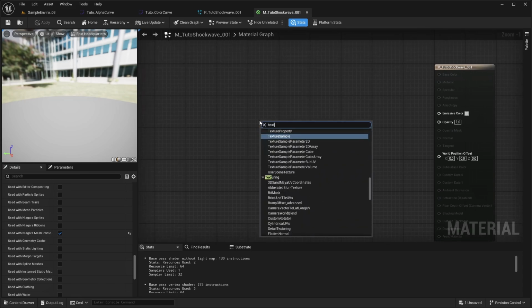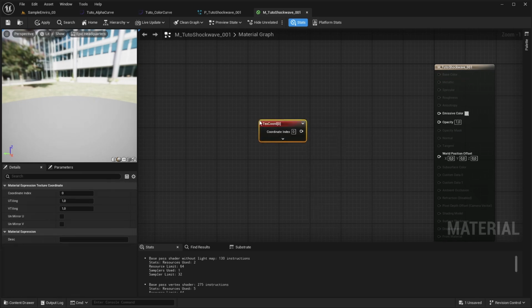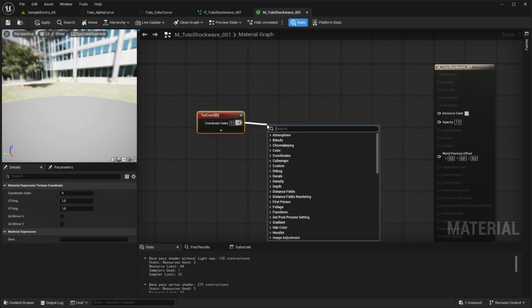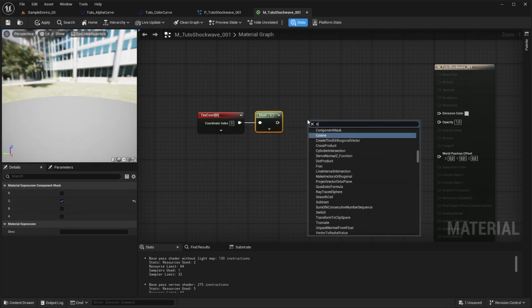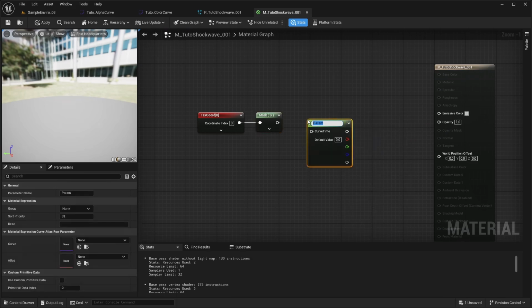First, add the texture coordinate node, like this one. We will mask only the V channel, so use a component mask, select the green, and after that, we'll add a node called curve atlas raw parameter. This one will be our color ramp, like that.